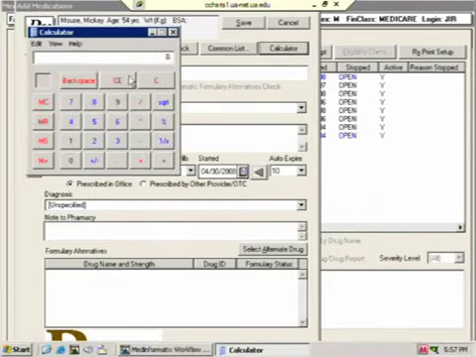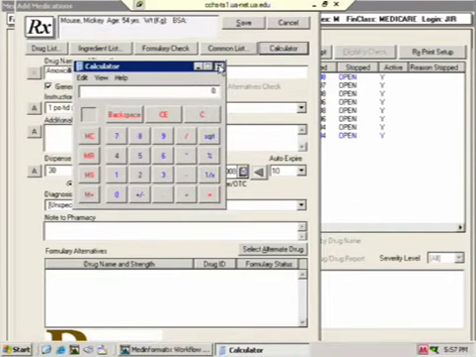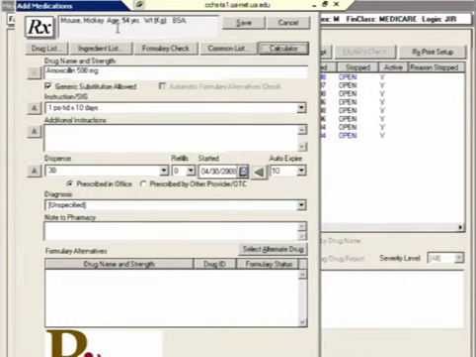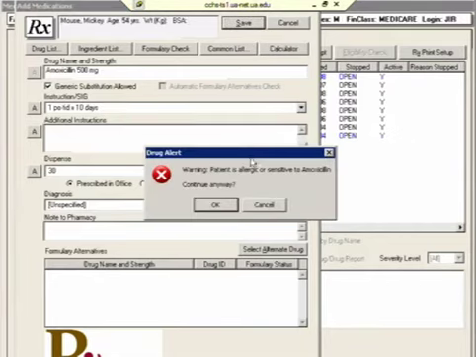Calculator is helpful. It'll bring up the Windows calculator so that in case you need to calculate a dosage, especially for a child. Note also at the top here that it gives the patient's age and weight, which is mostly important for children. If you're getting ready to type in or calculate the dose of a medicine for a child, it's helpful to have the weight in kilograms right there handy. So when you're done, you can click save, and now that prescription should show up as new in the patient's